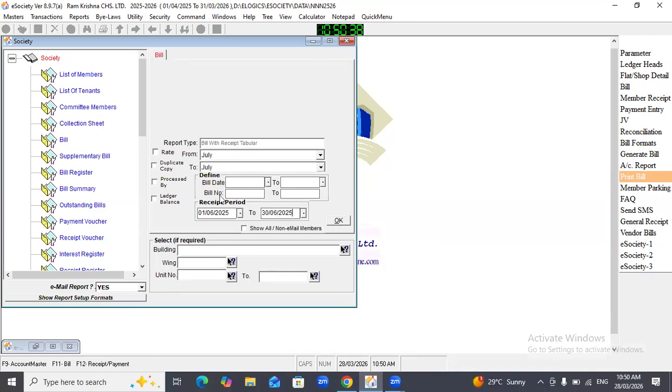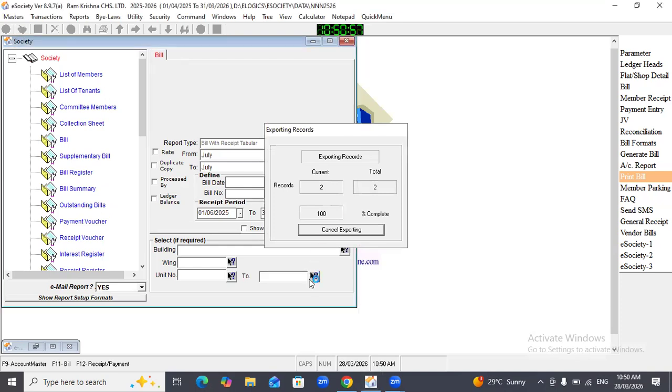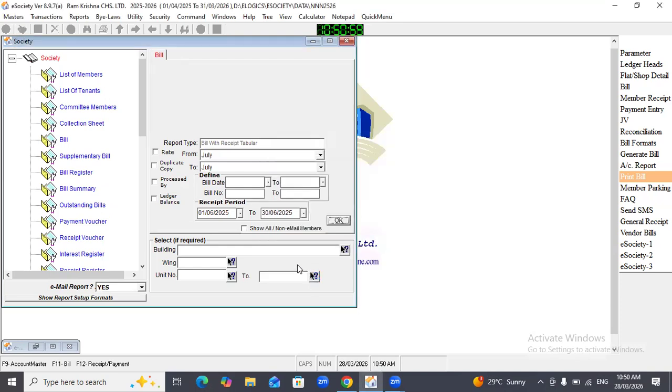Now if you want to send the mail to all the members, then click on OK. If you want to select a particular member, then here you can use this filter. Now I'm going to send this mail to all the members. Now click on OK. Here you can see mails are being sent to members one by one.